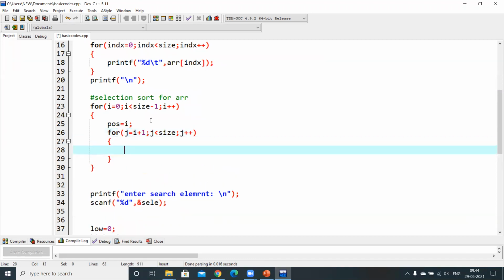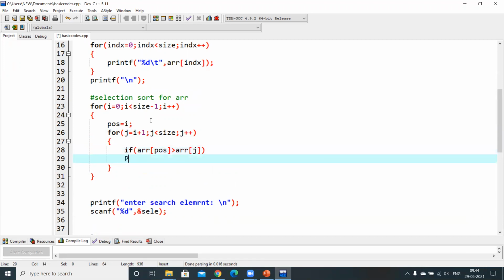And here we need to compare, right? See, if array of position, meaning the element present at that position, is greater than array of j, then in that case you need to make your position as j. Position as j means the minimum position is nothing but j.